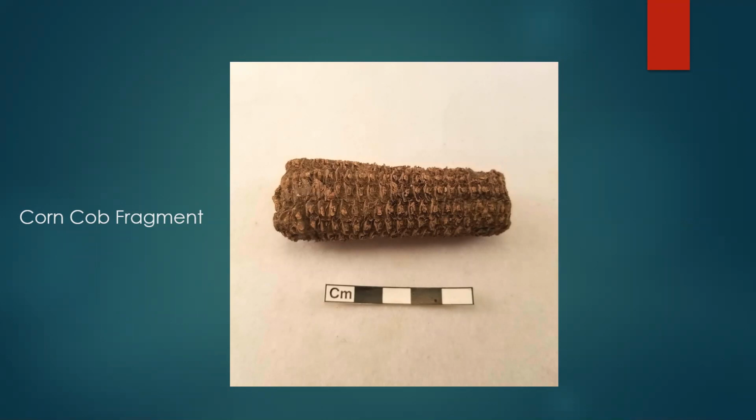I hope that I'll be able to convey the drive and resourcefulness of these individuals that was required to live in this iron-making community so that we can better understand who these people were. I'll begin by discussing the artifacts like this corn cob fragment here. Several corn cob fragments were found, and this was one of the items that was recorded as being purchased at